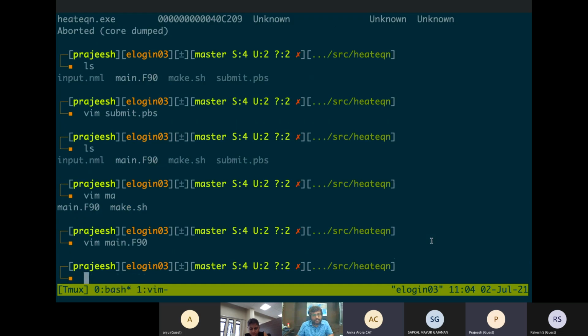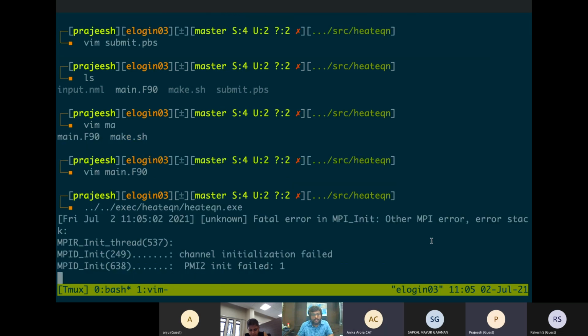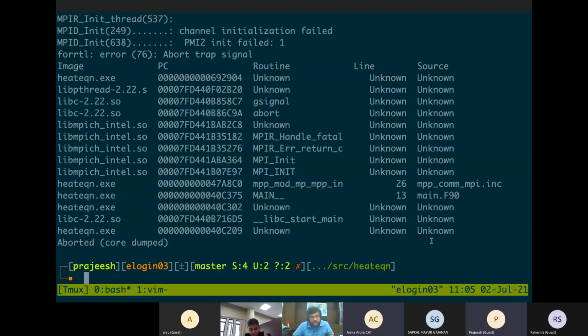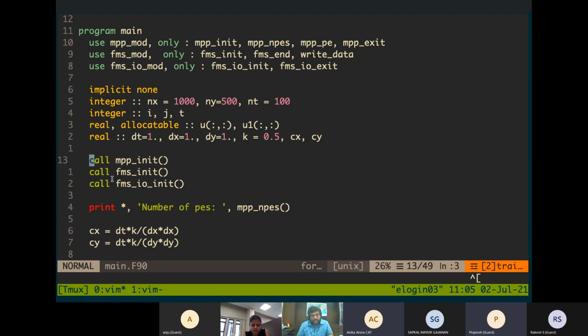And in Pratyush, when an MPI library is called, you can't run it like this. It will give an error in MPI init. You see the error messages. So basically in Pratyush, we use only parallelized code. Even if I'm using one processor, it will be submitted as a parallel code, not a serial one. Okay, I'll show you.